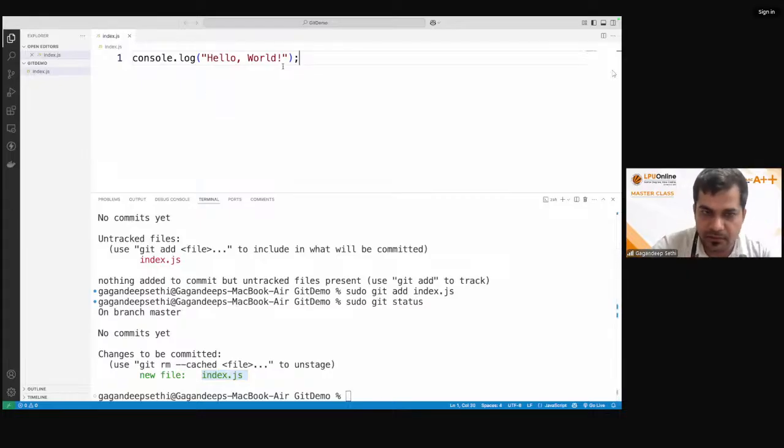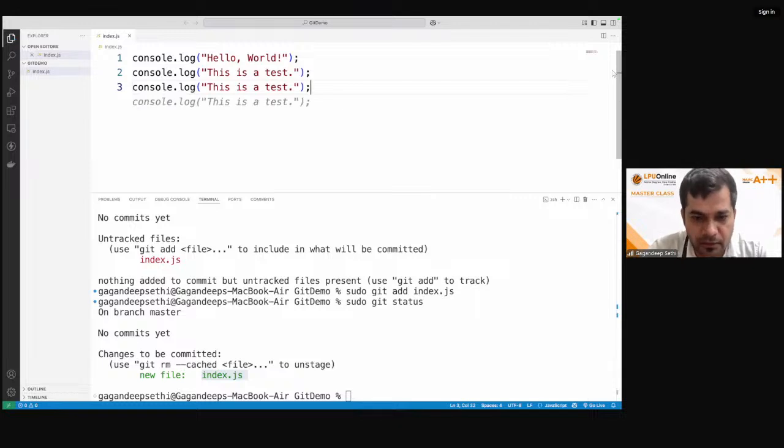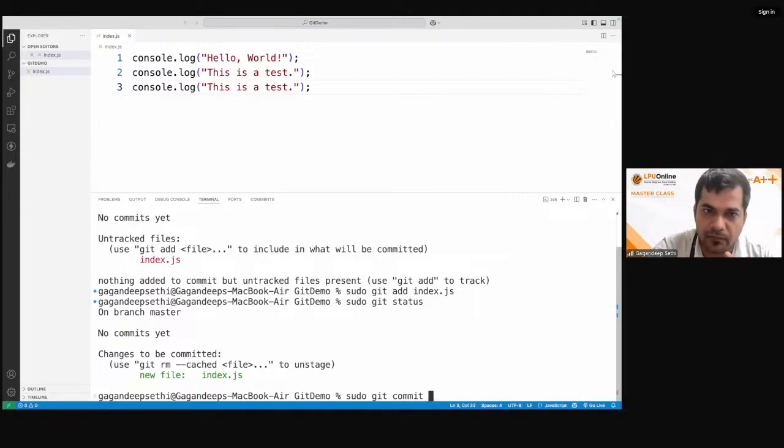Now, when you are making changes, let's suppose I have written another console, then another console. After adding these changes, you will run sudo git commit. You will commit these changes to GitHub, meaning these changes are done from your side. Now I am pushing it to GitHub so that we can track the versioning of the changes that we are making. So sudo git commit, then -m